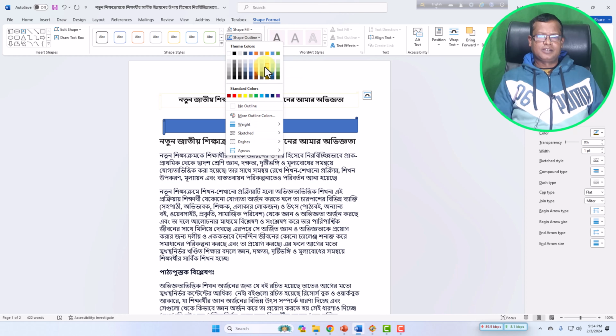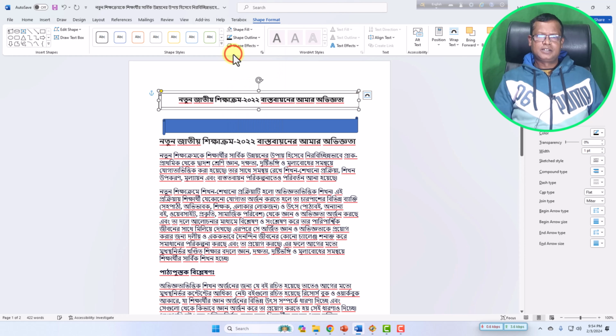You can design these shapes according to your wish. Just go to the shape outline. The outline will be designed according to your choice of color here. If I choose this